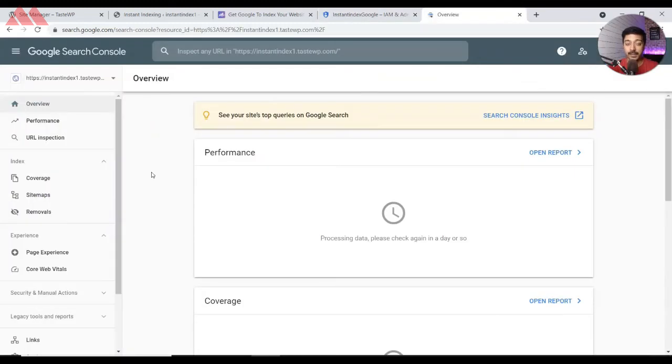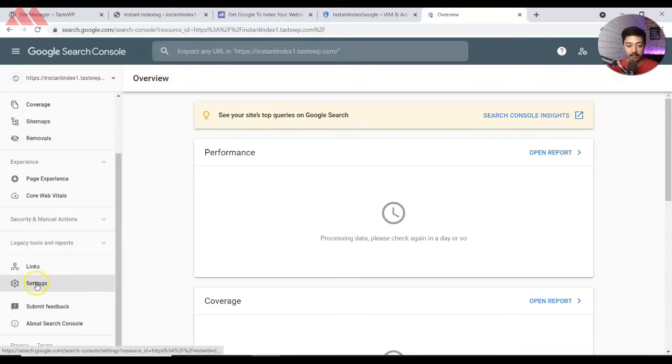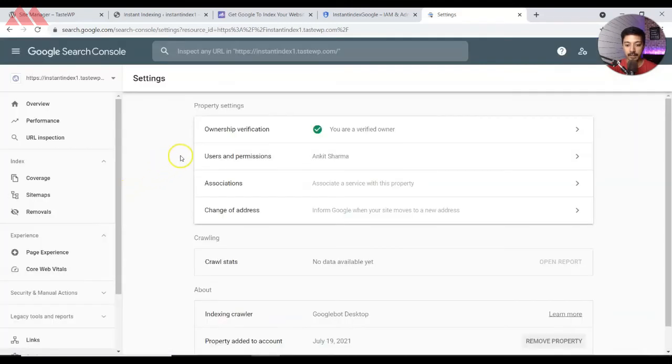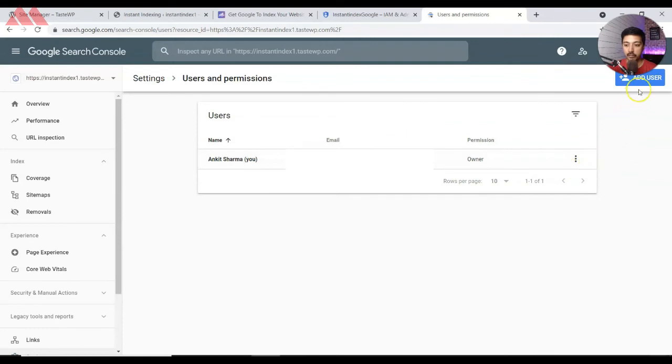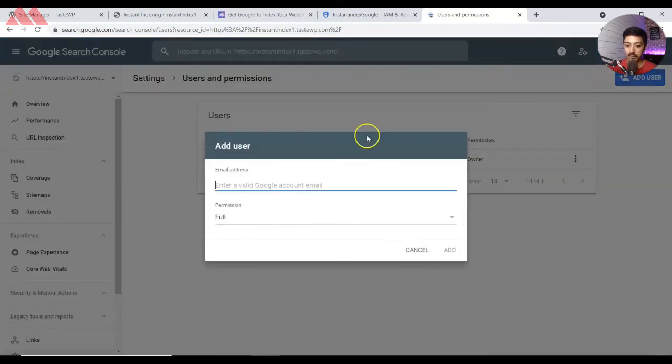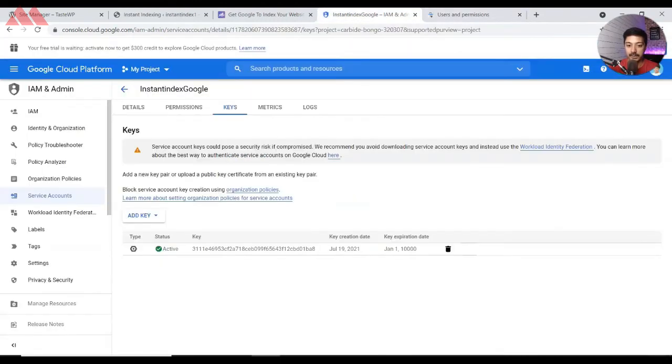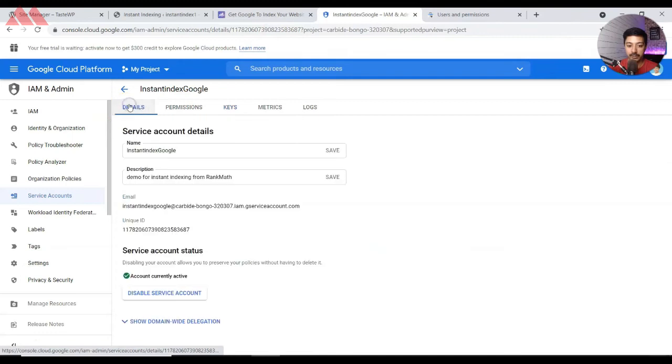Now in the next step, we need to log in to our Google Search Console, where we have already added our WordPress website. Here we need to go to settings, and under users and permissions, we need to add a new user. Here we need to enter the email address of the service account that we have just created. So here is the email ID.